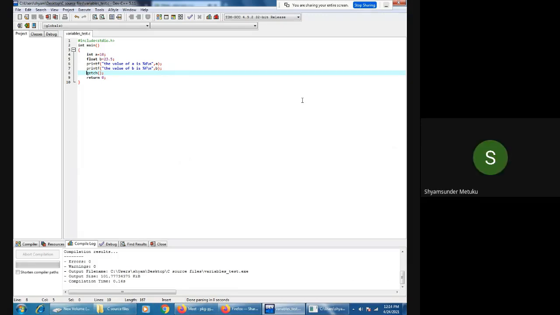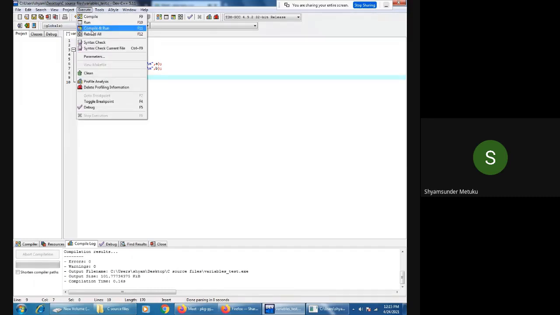Sir, why are we writing return 0? Return means, basically, it's a GCC compiler. In the GCC compiler, the operating system is expecting some return value from this particular program. There's nothing wrong, even though you can write void here. If you write void, this return is optional. You are not supposed to use it. This is actually the Turbo C version.